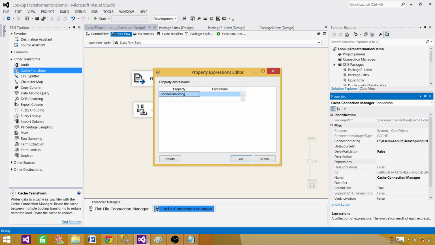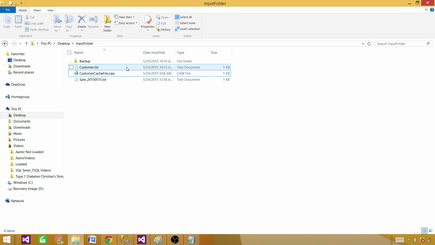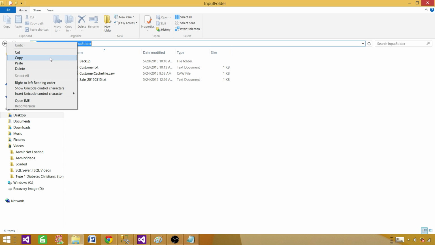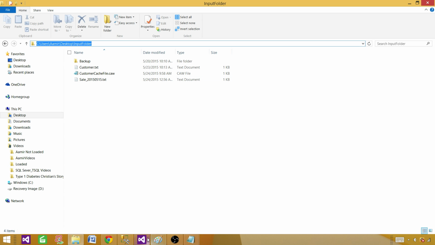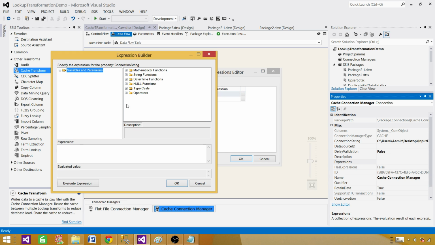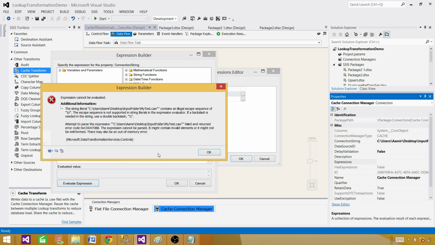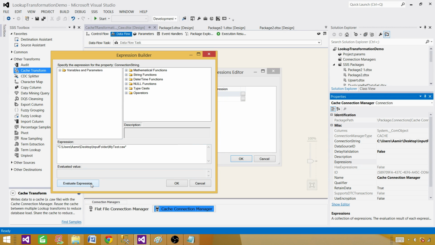So in this case, if we want to change this one, let's say here I want to copy this one, and from now on I will say no, I don't want to use C drive or D drive, or maybe I want to change the name, but we'll use a variable or parameter here, and that's how we'll make a change by using the configuration in the SSIS package. So I will say my test dot CAW. So now I've evaluated, sorry,